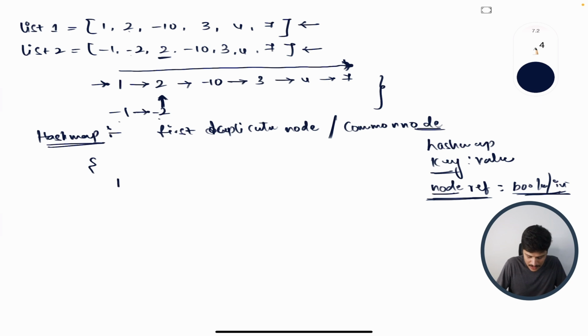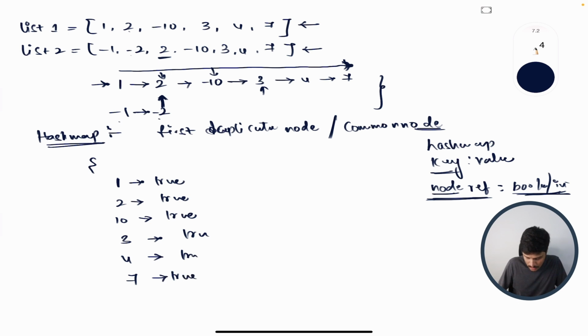So here, if I iterate the first singly linked list, I will put the complete node reference, the entire node object, and a boolean value. Let's just assume that I'm putting true. I'll move on to the next node. So 2 also I will put true and move on to the next node. 10 will get added, then 3 will get added, 4 will get added, and then 7 will get added onto the hash map. So this is the hash map that we have constructed after iterating over the very first